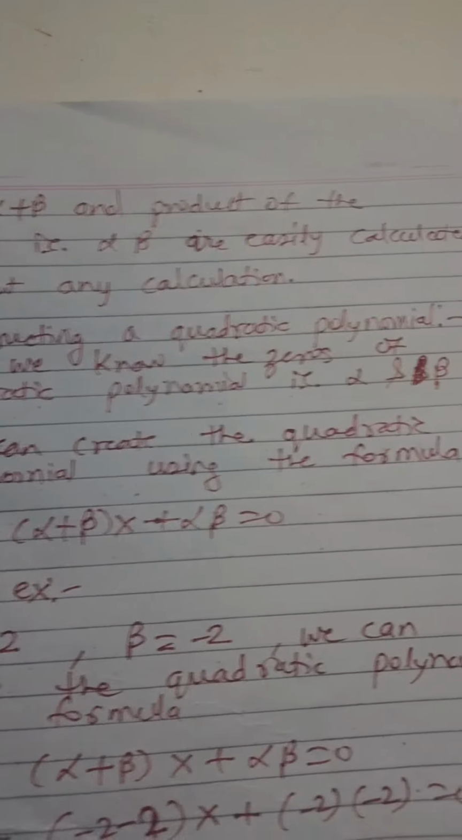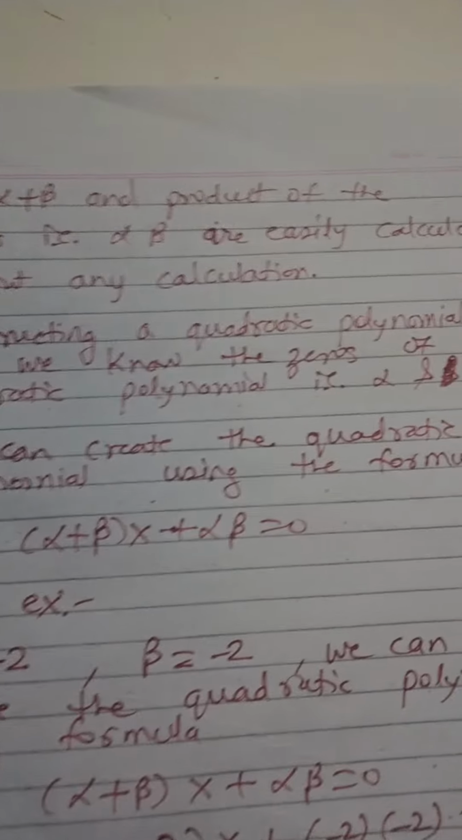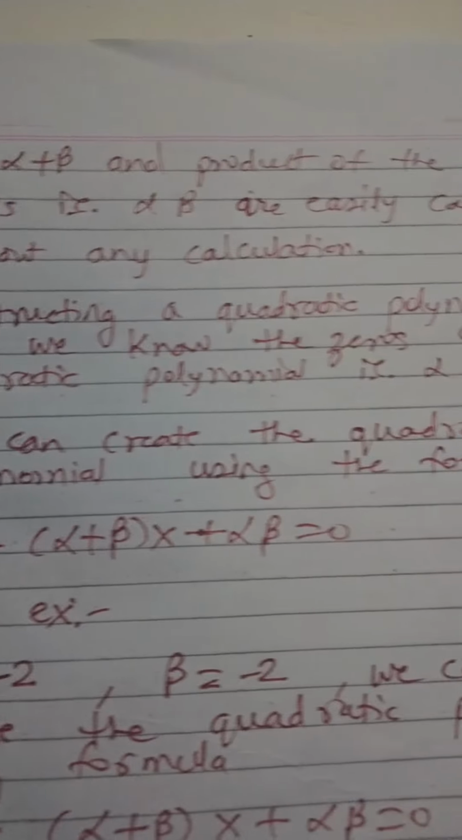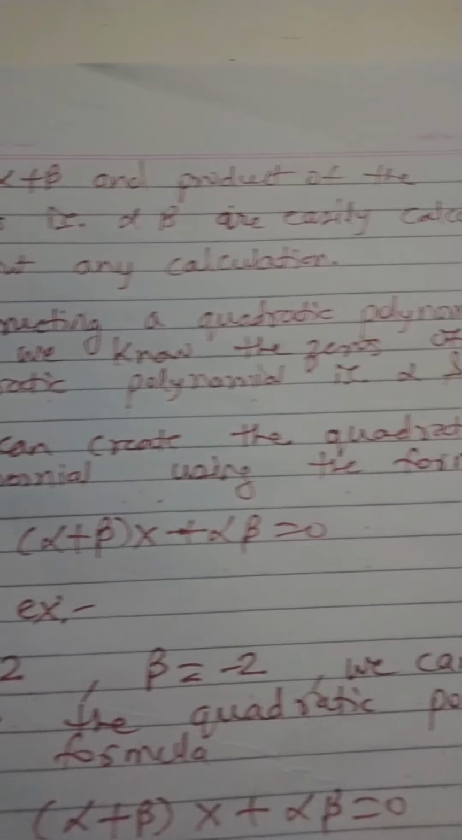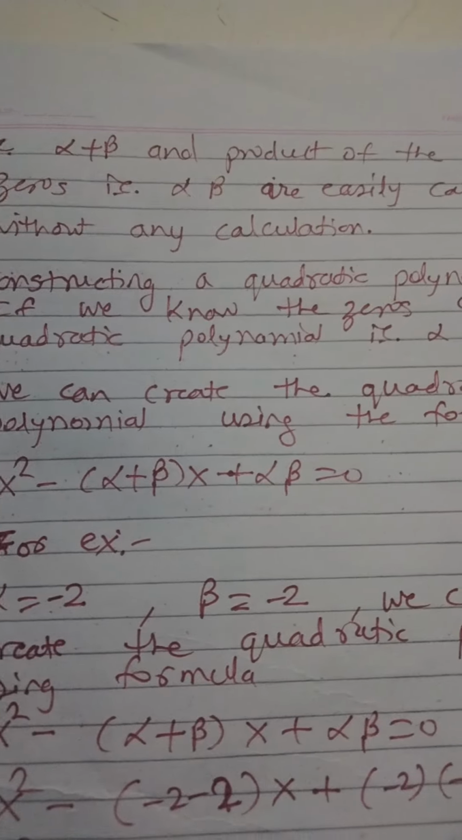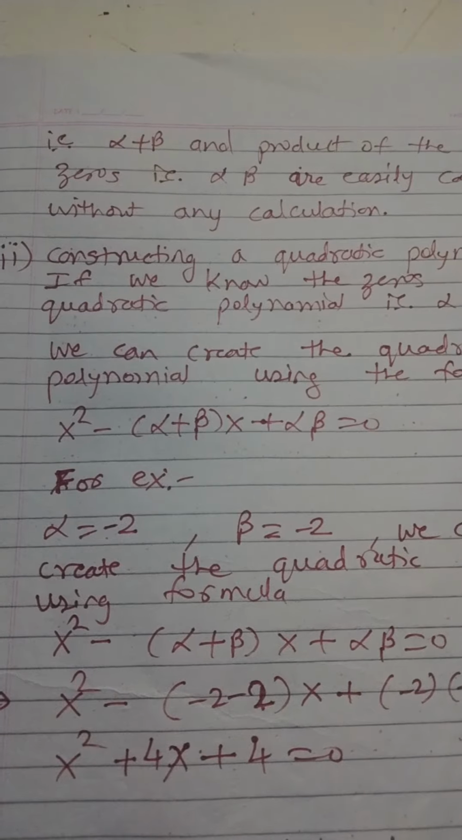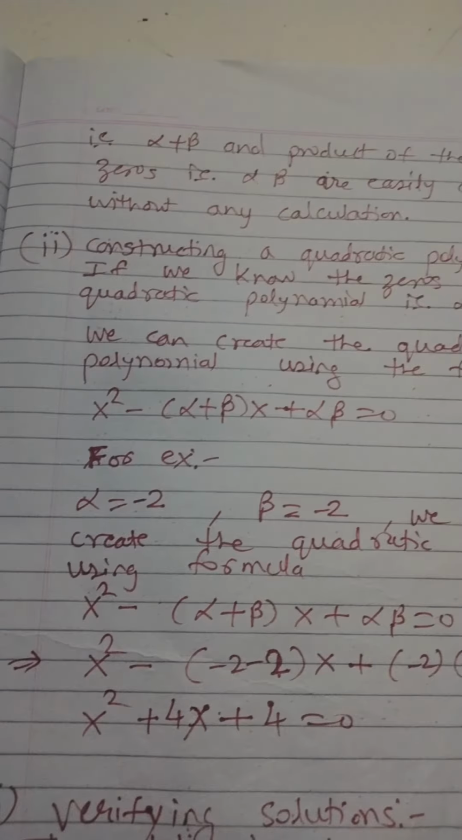Second use is constructing a quadratic polynomial. If we know the zeros of the quadratic polynomial, that is alpha and beta, we can create the quadratic polynomial using the formula x square minus (alpha plus beta)x plus alpha beta is equal to 0. For example, alpha is equal to minus 2 and beta is equal to minus 2, which are the zeros of the